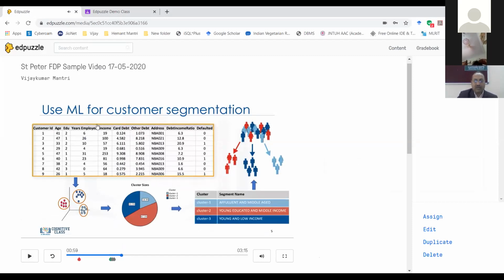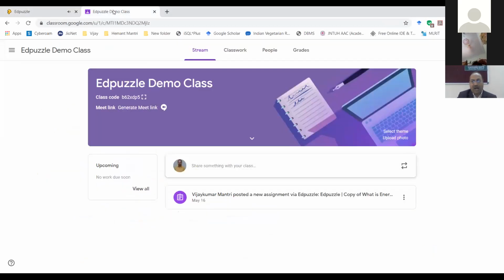See here, as I told you in the first slide of this demonstration part, I mentioned that if a student changes the tab, my video gets paused. Let's see that particular part now. I'm playing the video at the 1 minute mark. I have shifted to the other window. Now, if you see, my video got paused there, you are not able to listen to the voice or the video.